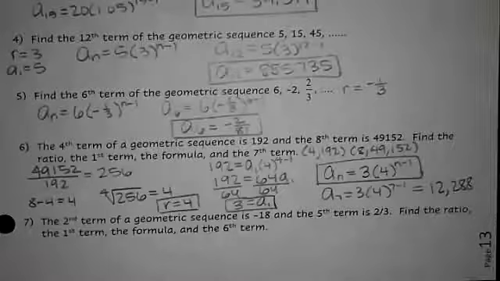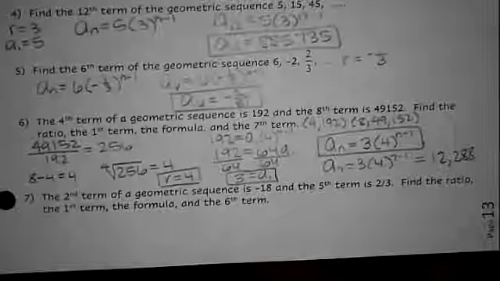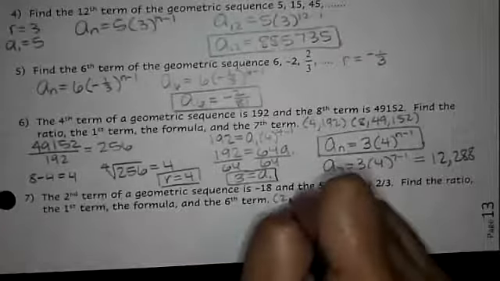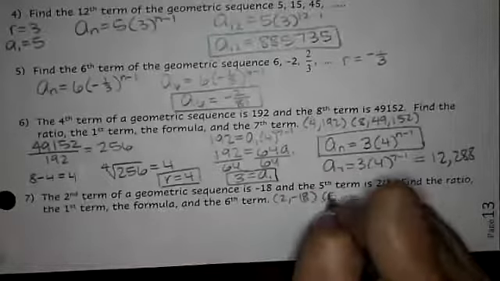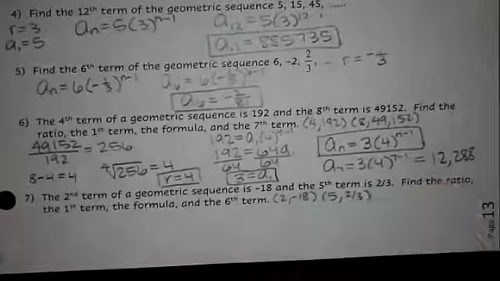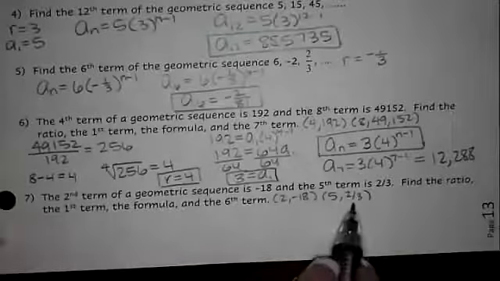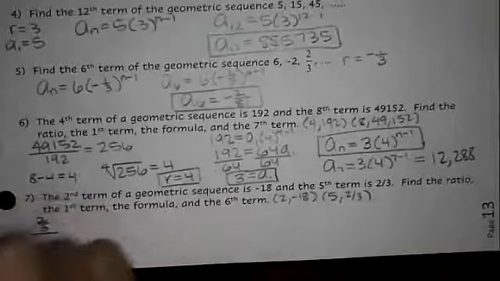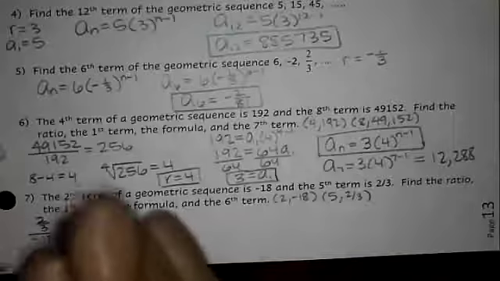That one was kind of hard, and so I think you need to see a second example, so I'll do one more of those. The 2nd term of a geometric sequence is -18, so they've given us the point 2, -18. The 5th term is 2/3. Find the ratio, the 1st term, the formula, and the 6th term. So I need to find our ratio here, so I take 2/3 and I divide it by -18. That gives me